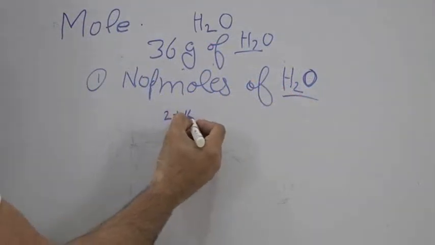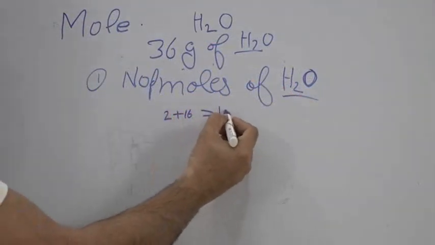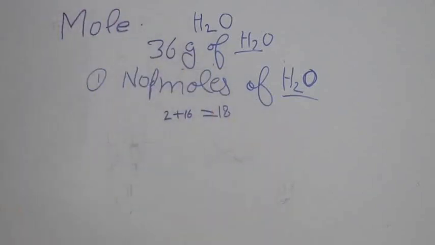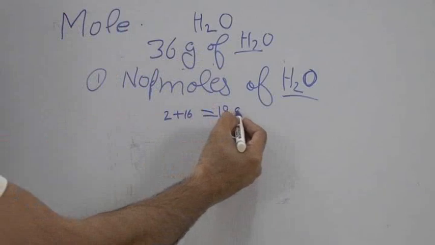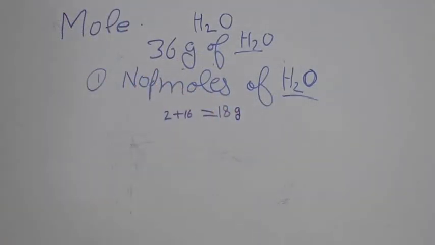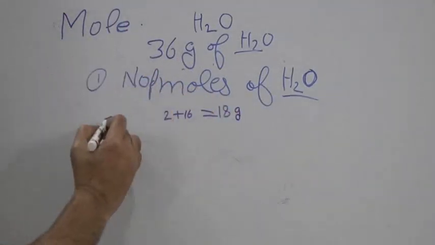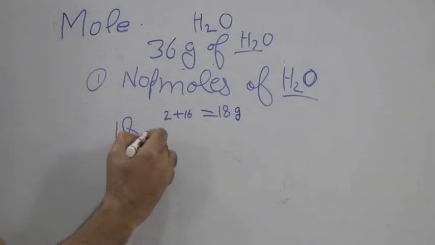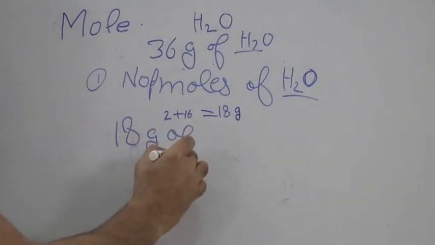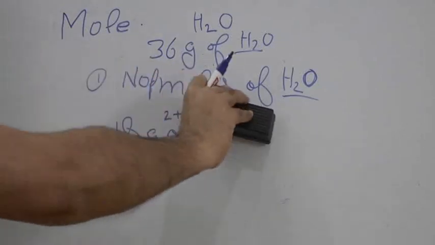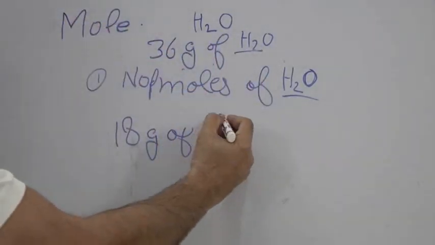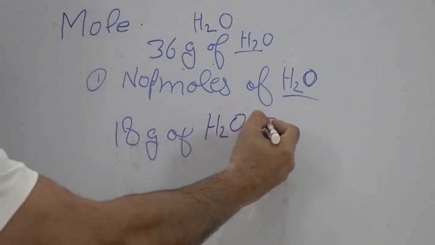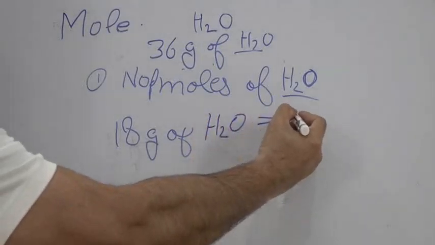Total comes out to be 18U. Therefore, 18 gram of H2O